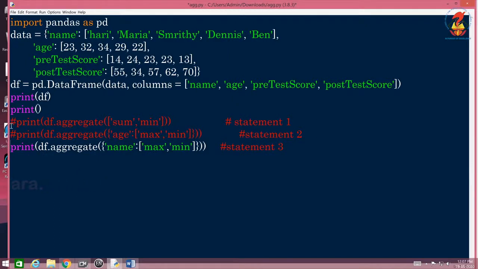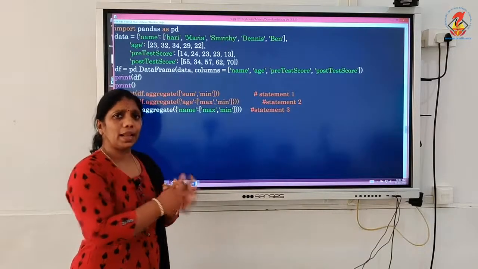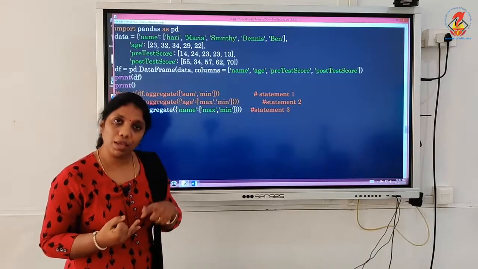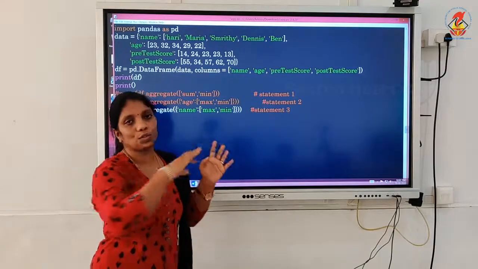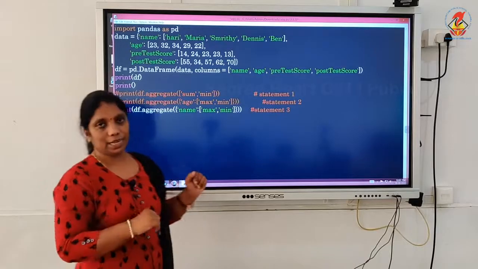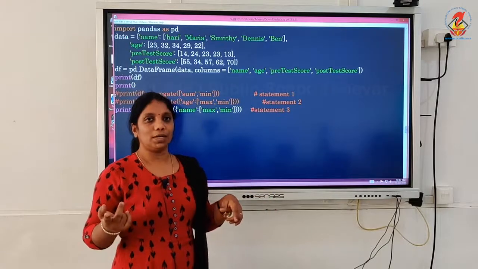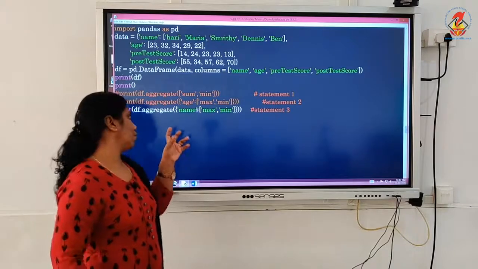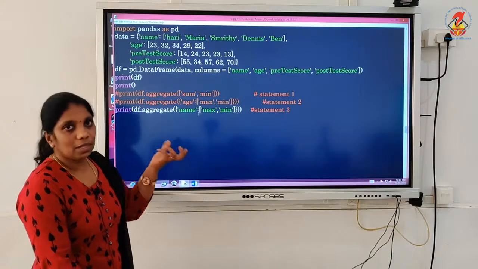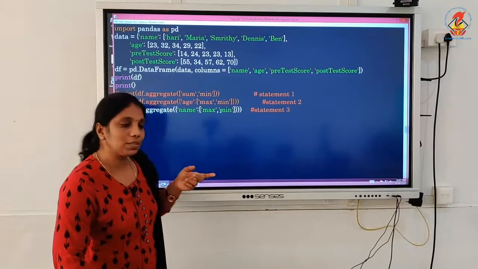And now, what is the difference? Yeah, this time in aggregate, the column is coming as name. See, same thing is taken. I can introduce count, mean, mode, whatever aggregate functions you learned earlier, that you can try out. I took the easiest one so that you can understand it easily. So, you can try out all of these. Then when the example and the assignment is set, you will be able to answer it clearly. So, this time you can guess what the output will be. Of course, under max, the name with the highest ASCII value will be displayed, and under min, the name with the lowest ASCII value will be displayed.